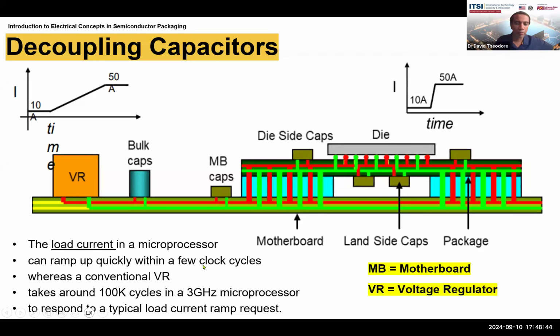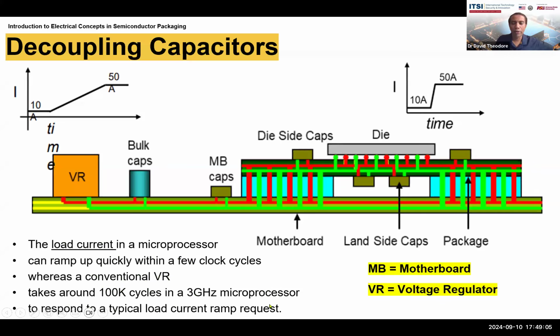So that's the clock signal. So within a few clock cycles, the load current in a microprocessor can jump a lot, whereas a conventional VR, which stands for voltage regulator, takes about 100,000 cycles in a 3 gigahertz microprocessor to respond to a typical